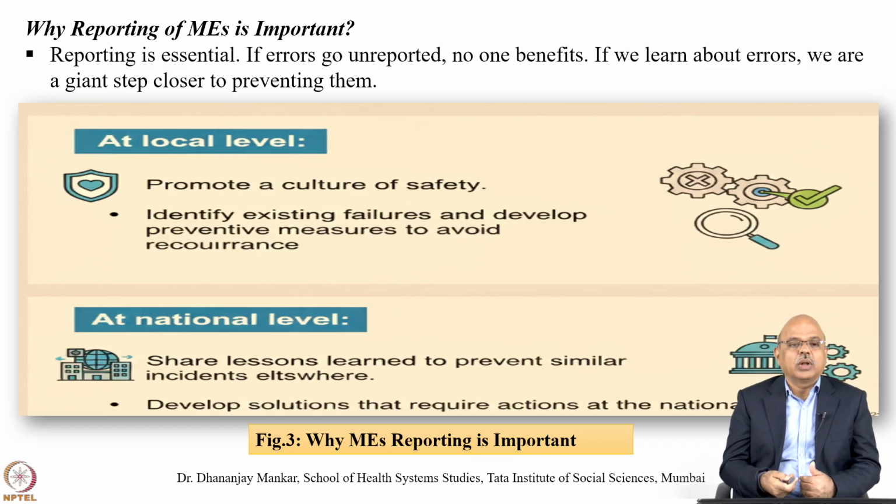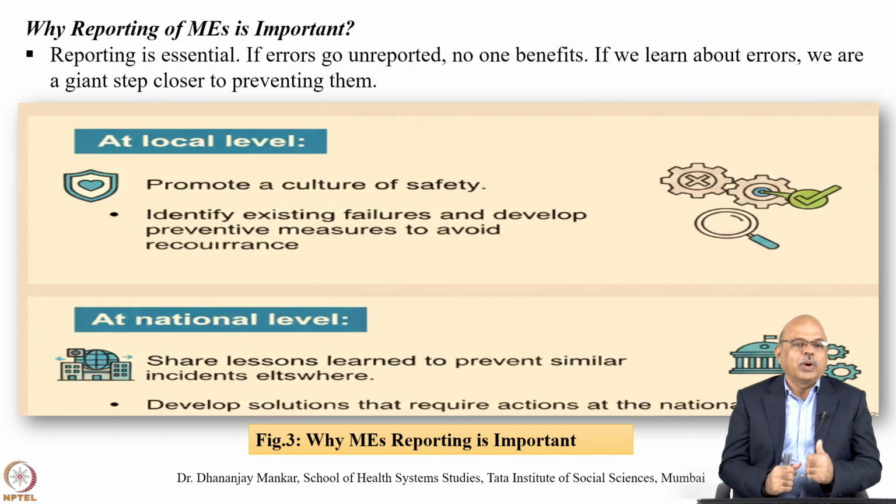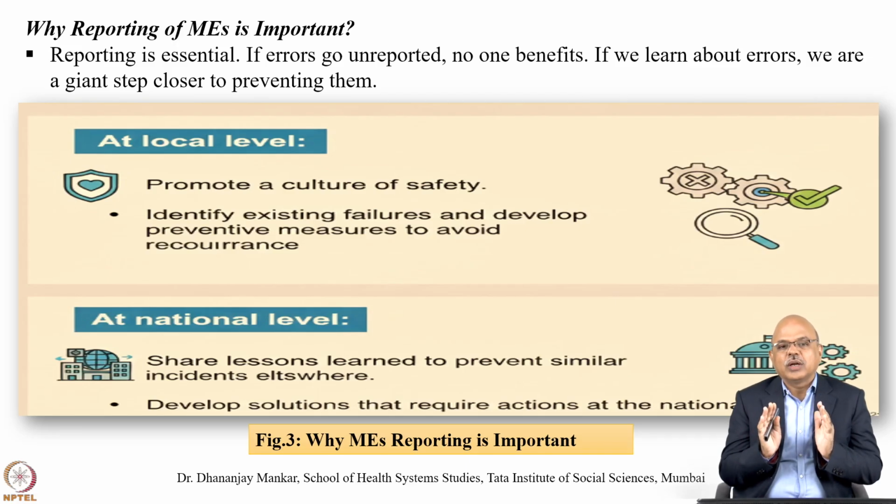What can be done at a local level? At a local level, promote a culture of safety. What is the culture of safety? Identifying the existing failures and developing preventive measures to avoid the reoccurrence. So this is a policy that needs to be developed in the institutions, to be identified as an institution which is working on a culture of safety,